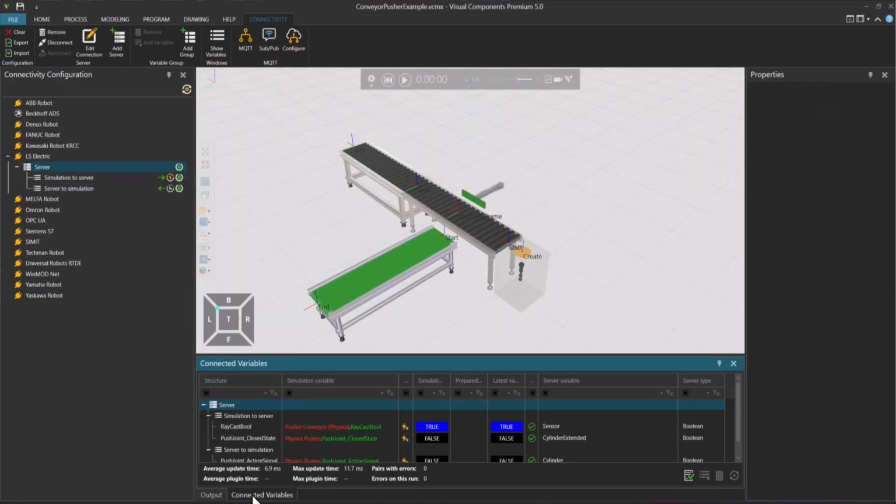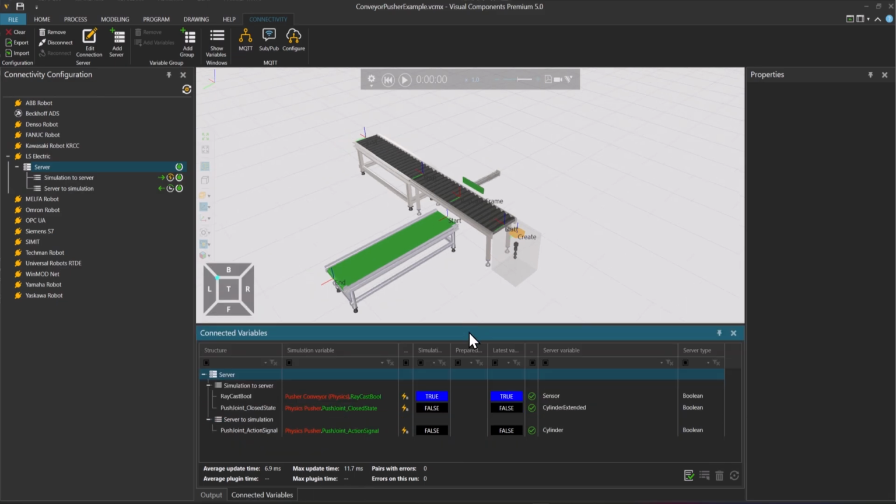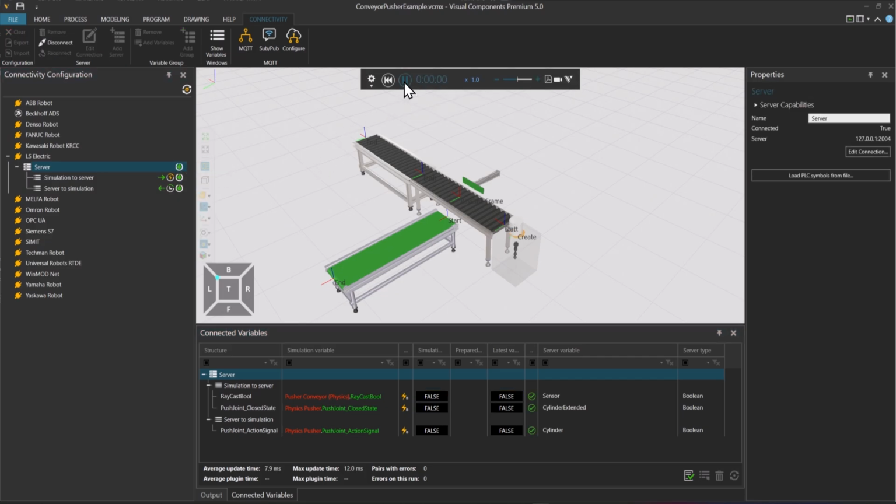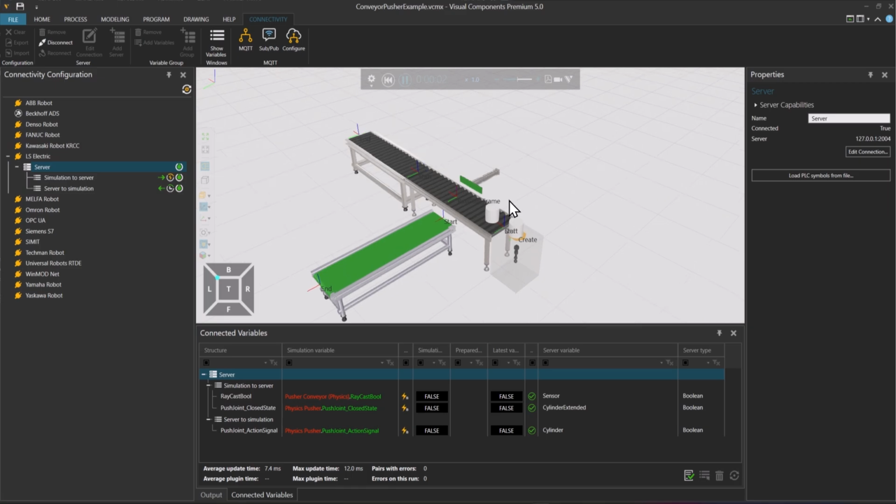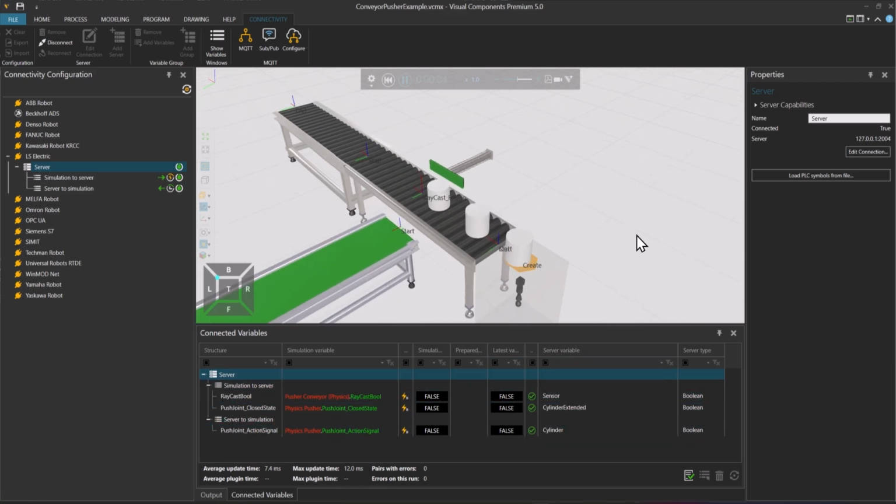Now I will expand the Connected Variables window, and we will see that some of the variables are synchronized. If you don't see this, you can toggle the server connection off, on, and then start the simulation, and then the variable synchronization should start.